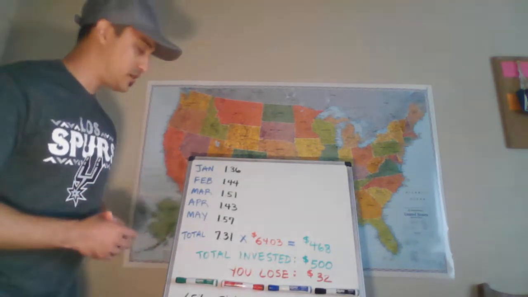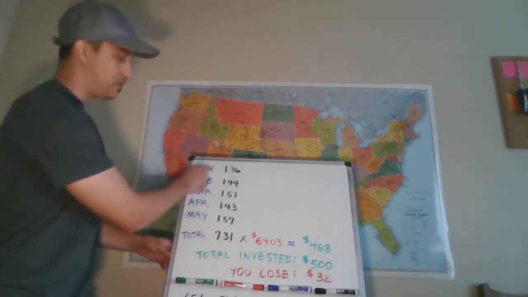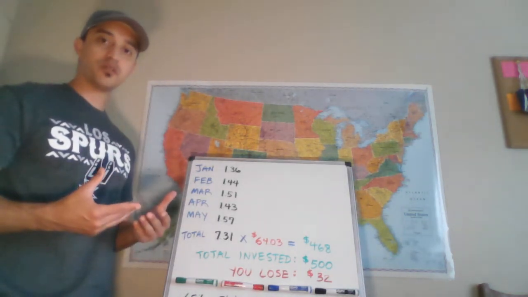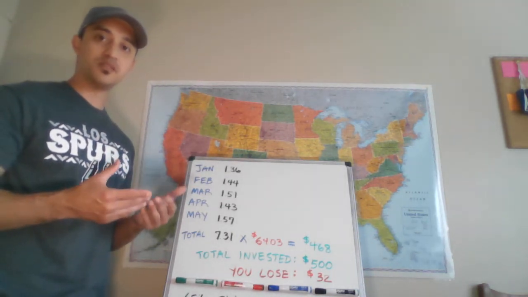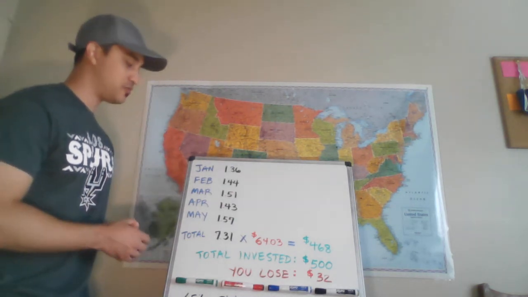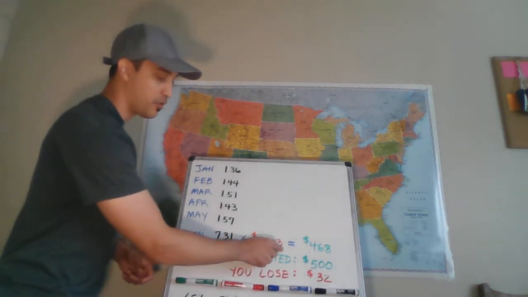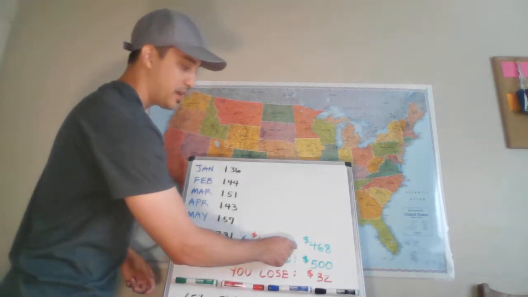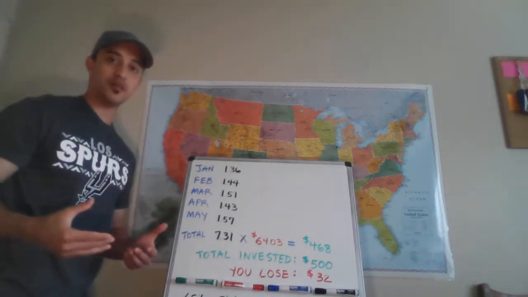Just because you were concerned that it's not doing that great and you just felt like taking the money out. So let's just say you do that, all right? Well, you had 7.31 shares that you purchased over these 5 months, all right? And whenever you sell mutual fund shares, you sell at the NAV, the net asset value. So whatever the price is at the end of the day yesterday, that's the price that you sell the shares at. So you take 7.31 shares, which is how many you owned, and you multiply it by 64.03, which is the price of the mutual fund yesterday, and that equals about $468.